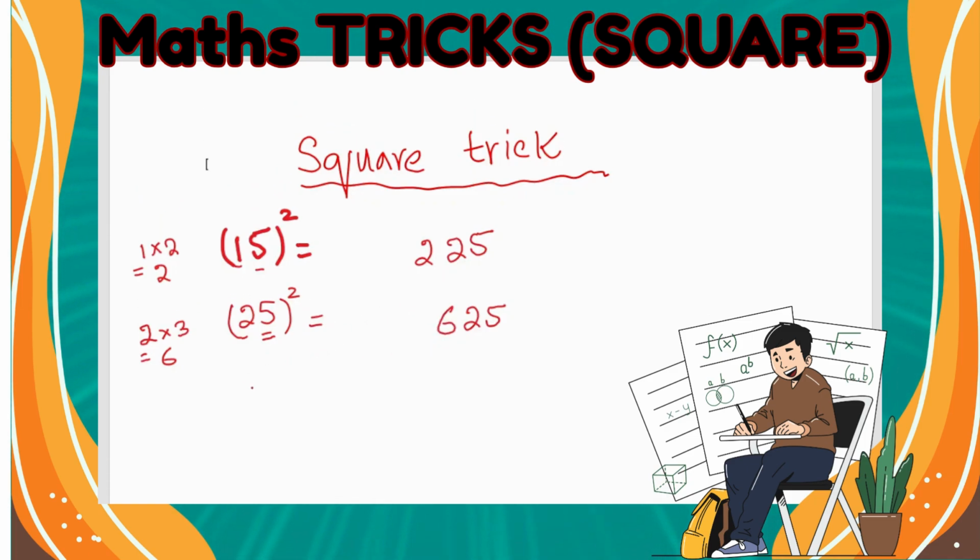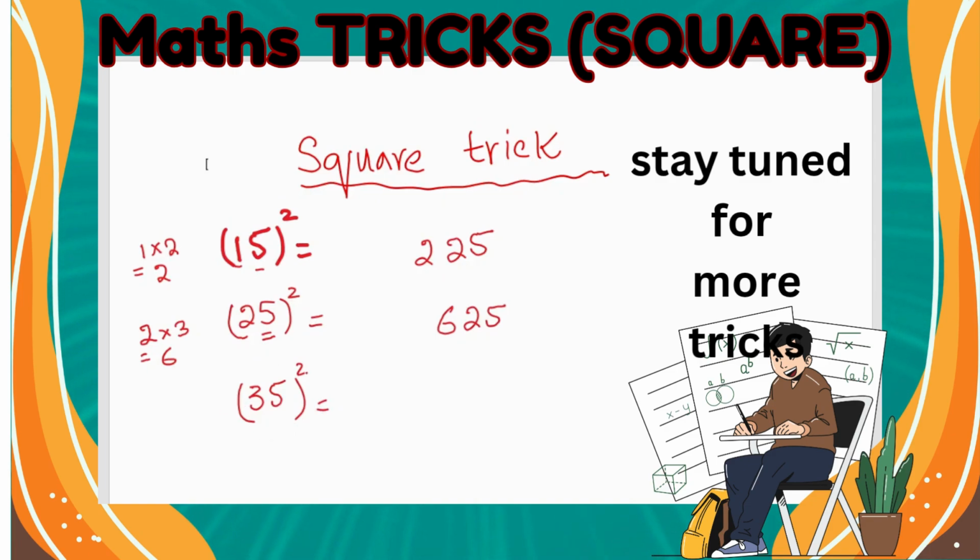Okay, now you're going to tell me 35 square. You're going to tell me how you can do this one. The first number is 5. 5 square is 25. Next, we have 3 here. The number next to 3 is 4. So 3 times 4 is 12, right? So we're going to write down here that 35 square is